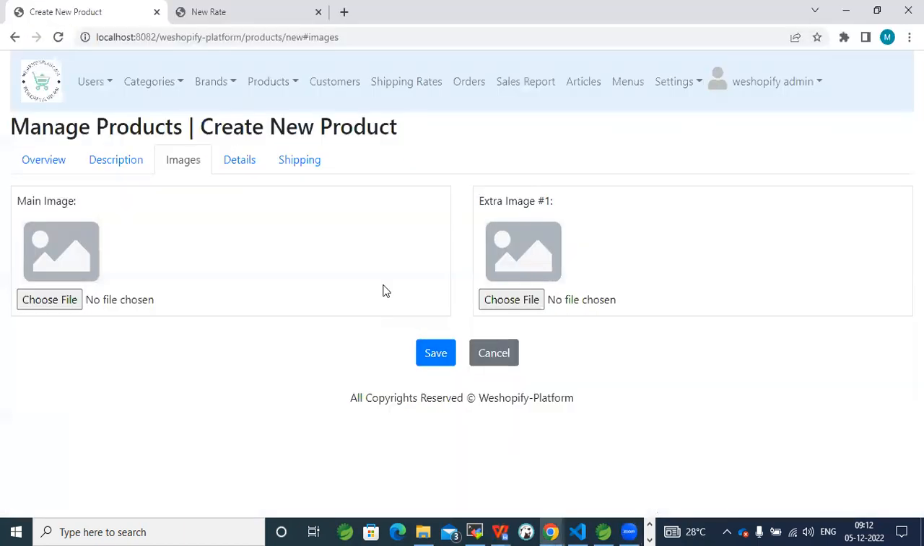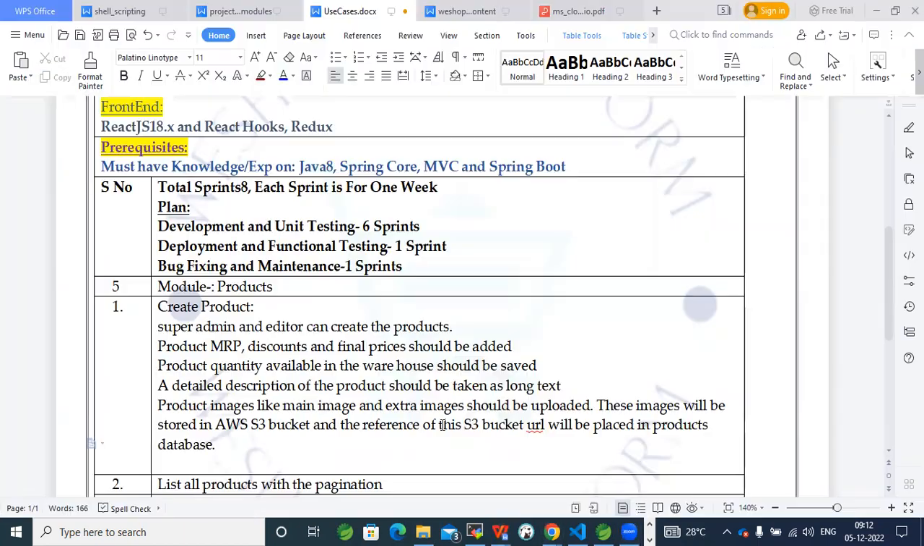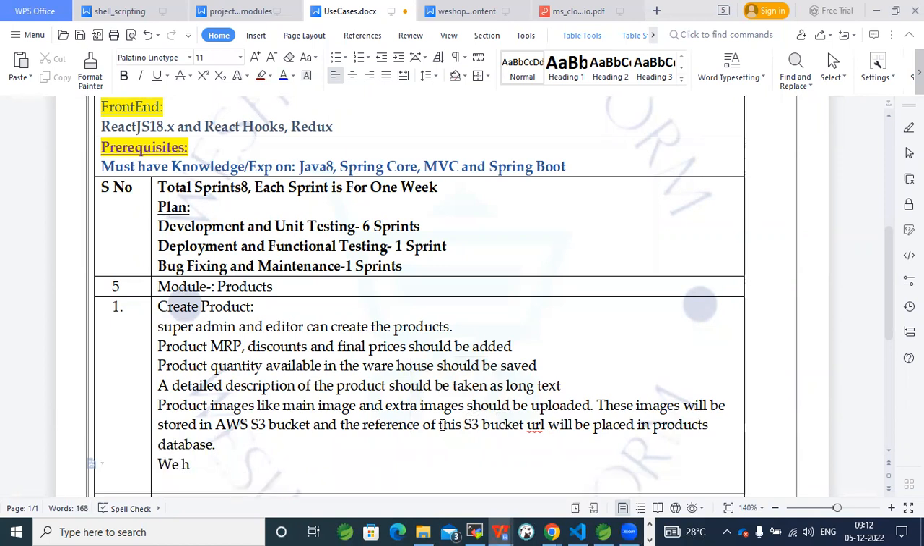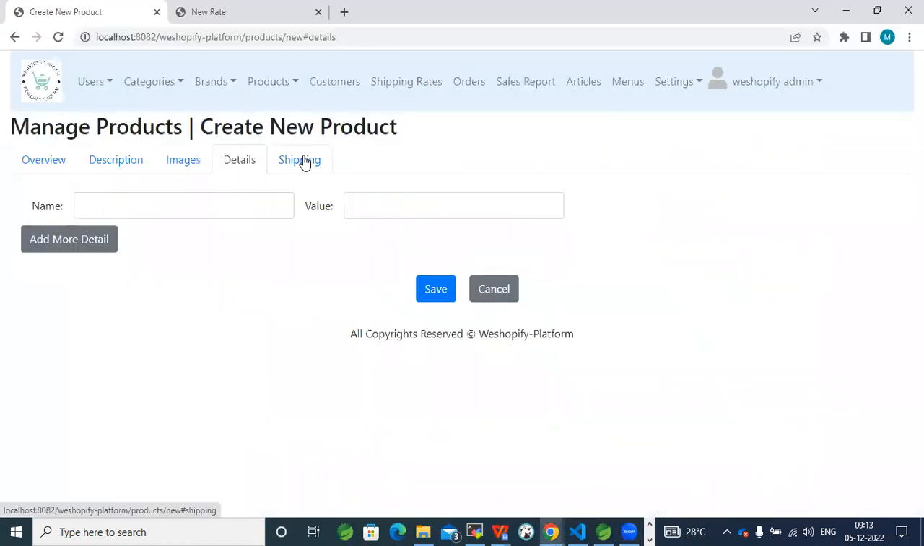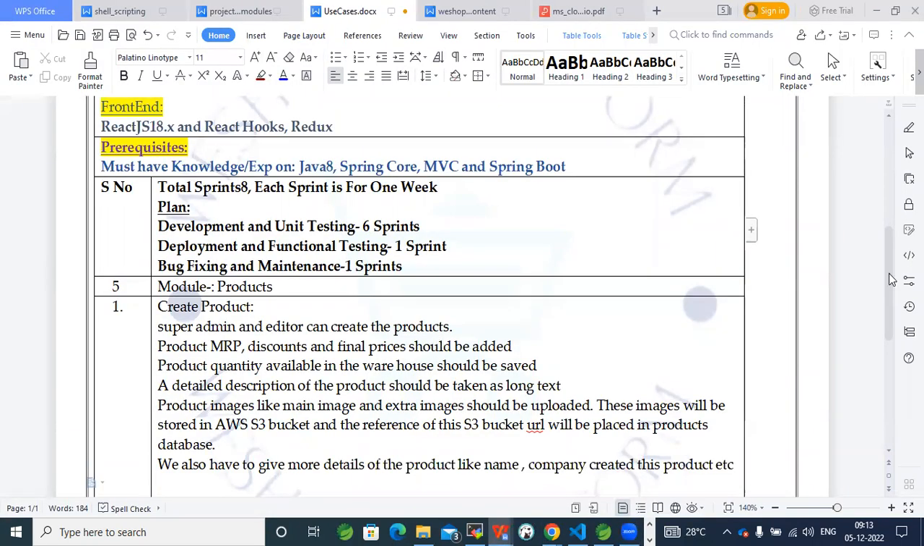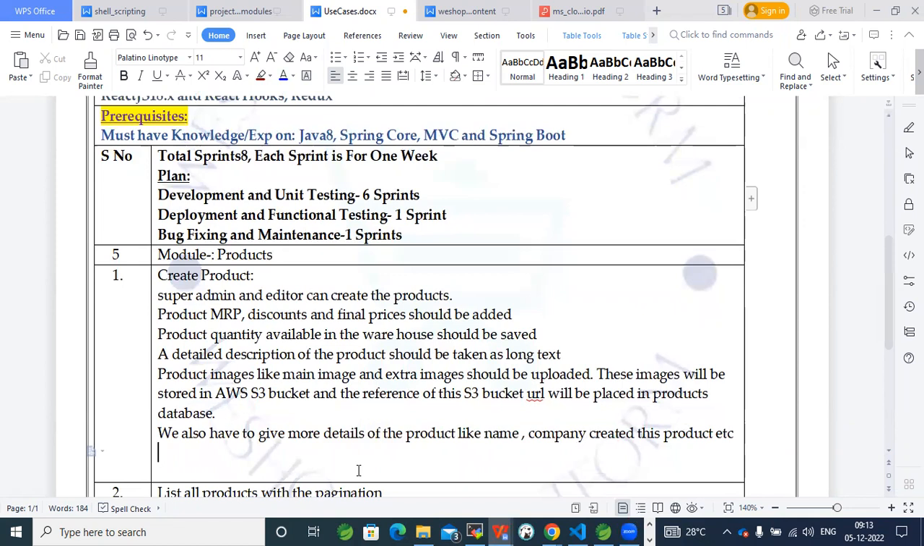And while creating the products, we also have to give the detailed products. So we also have to give more details of the product, like name, company created this product, etc. Then shipping dimensions we need to add. Then product creation